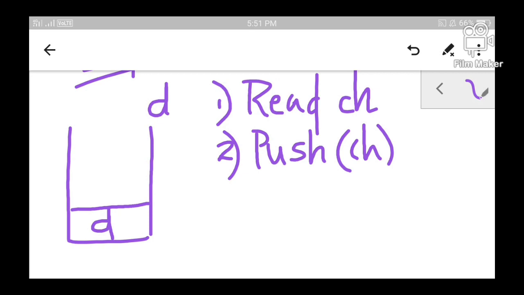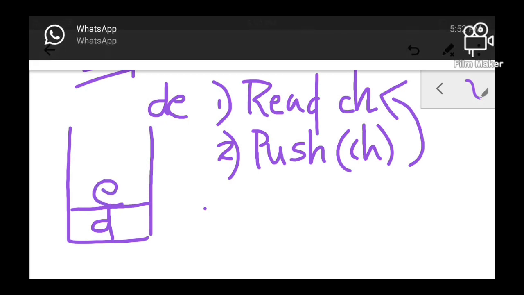Depending upon the name we are going to read out, we have to get the characters one by one. Okay, so I am going to now get the second character. So what is the second character? Second character is E. So again I have to repeat this step. I have to read the character again. And each time a character is read, you have to push that character onto the stack. So second time I am pushing the letter E.